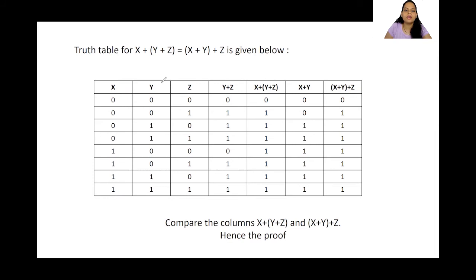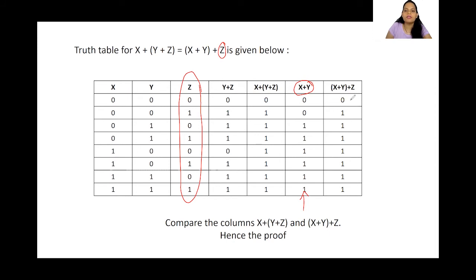These 2 columns we are going to do OR operations. Hence we are getting this output. Okay, so I'm not going to explain that again. Now next, since we got this already, we are going to OR it with z, which is nothing but this column and this column. So once we do the OR operations, you can go ahead and check that yourself. Okay, so we will get this output.